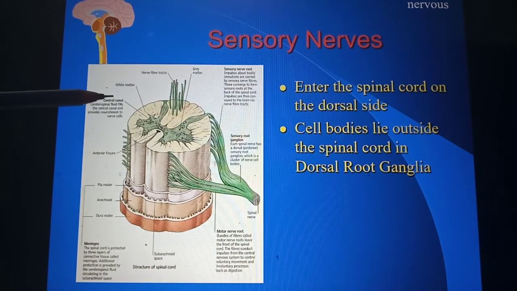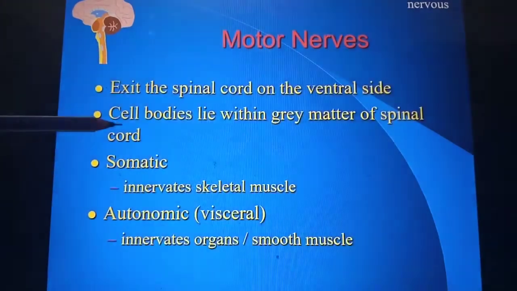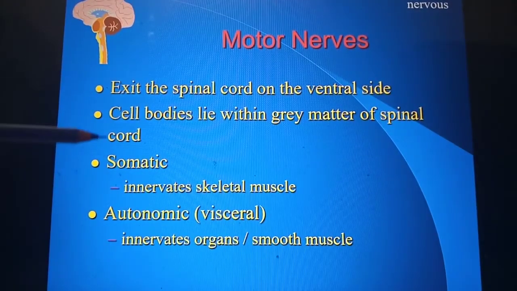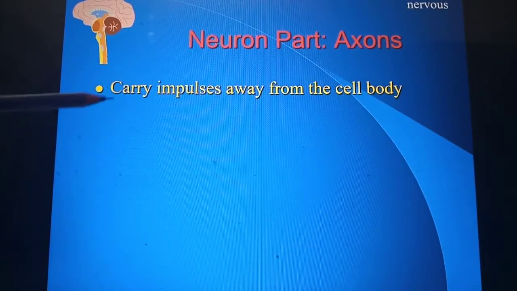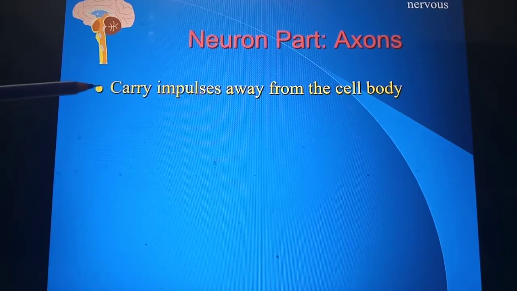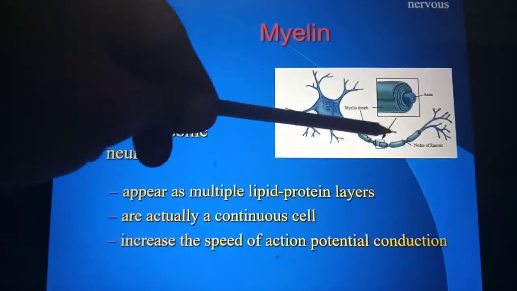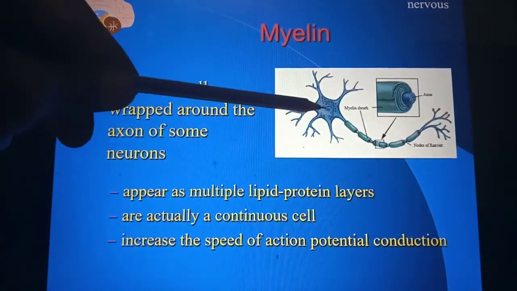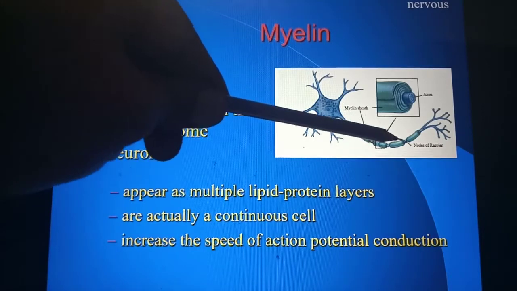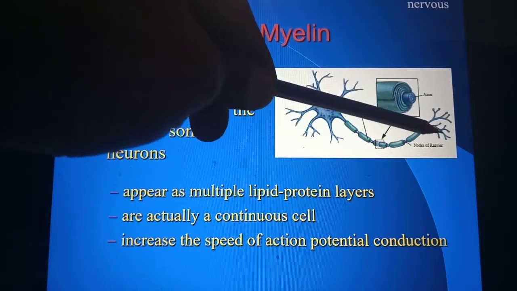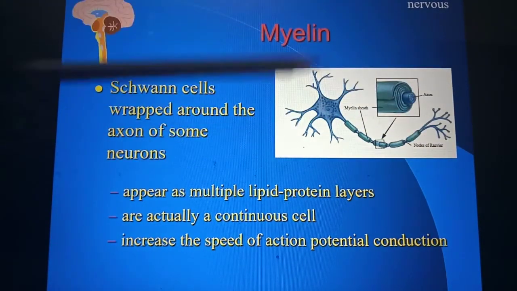Sensory nerves we have already seen. I'm not going to go into detail. Motor nerves, again, it's the same thing. The axons carry impulses away from the cell body. So this is the axon. This is the cell body. Axons carry information away from the cell body, and through the dendrites it passes on the information to the next